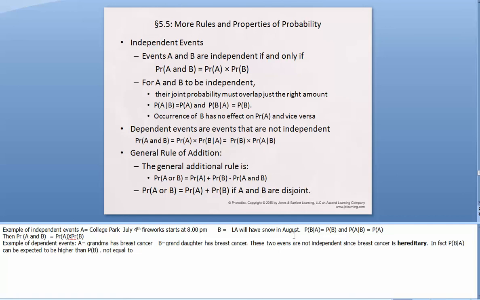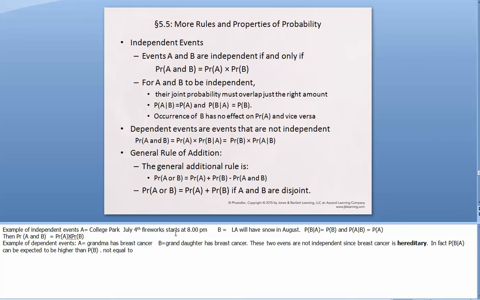Are they going to be dependent on each other? No. It doesn't matter whether July 4th fireworks will begin at 8 at College Park for LA to have snow in August. So these two events are independent. So the probability of B given A is the same as the probability of B. It doesn't matter,